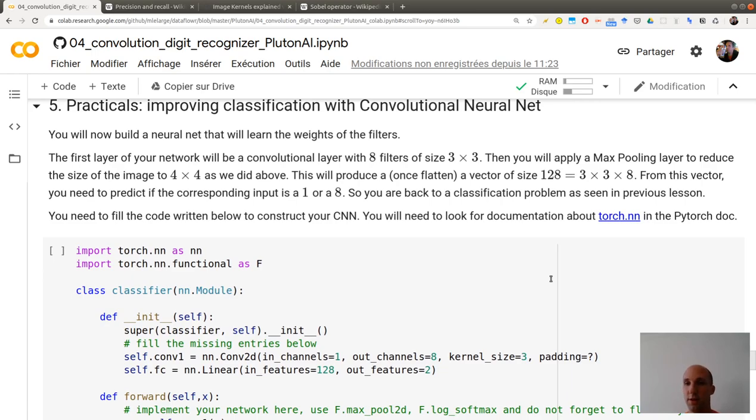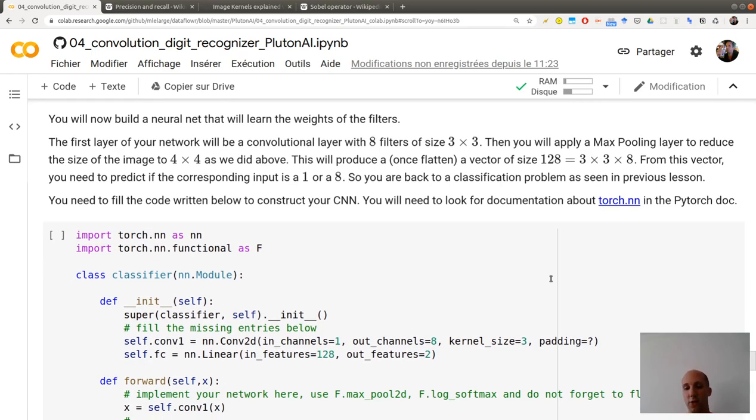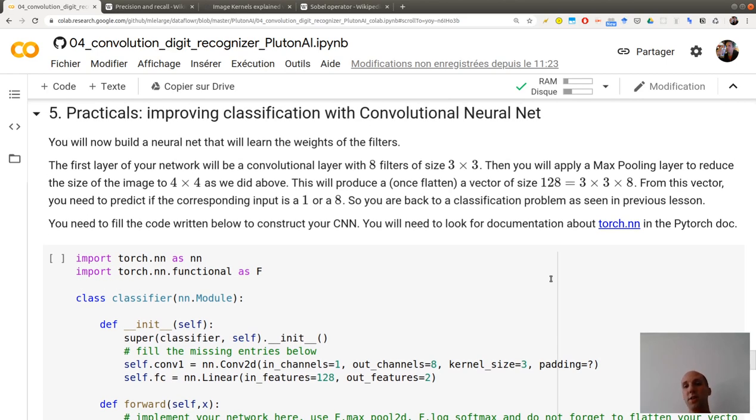And here is the main goal of these practicals. You need to define a convolutional neural network with filters or kernels of size 3 by 3. In order to be comparable with what we just did, you are allowed to use only 8 filters of size 3 by 3.